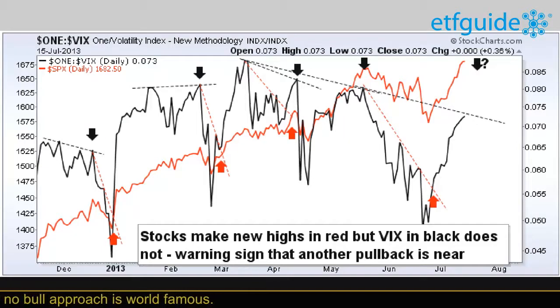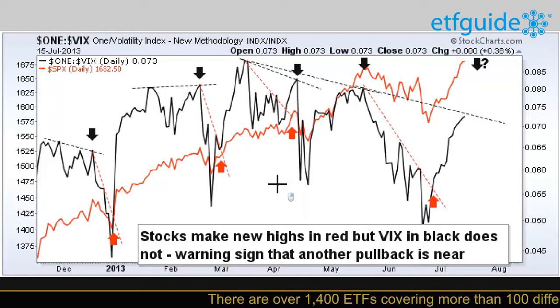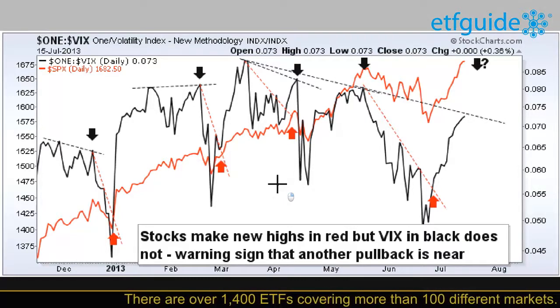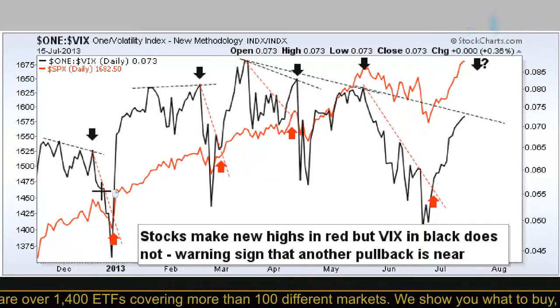To do this, we simply make the VIX a fraction and plot it alongside the market. This next chart was originally provided to our ETF Technical Forecast subscribers on February 24th, 2013, and I've now updated it through today, July 15th, 2013. The chart now allows the VIX to move in the same direction as the S&P to better compare them apples to apples. And what I've done is I've taken the inverse of the VIX in black and plotted it alongside